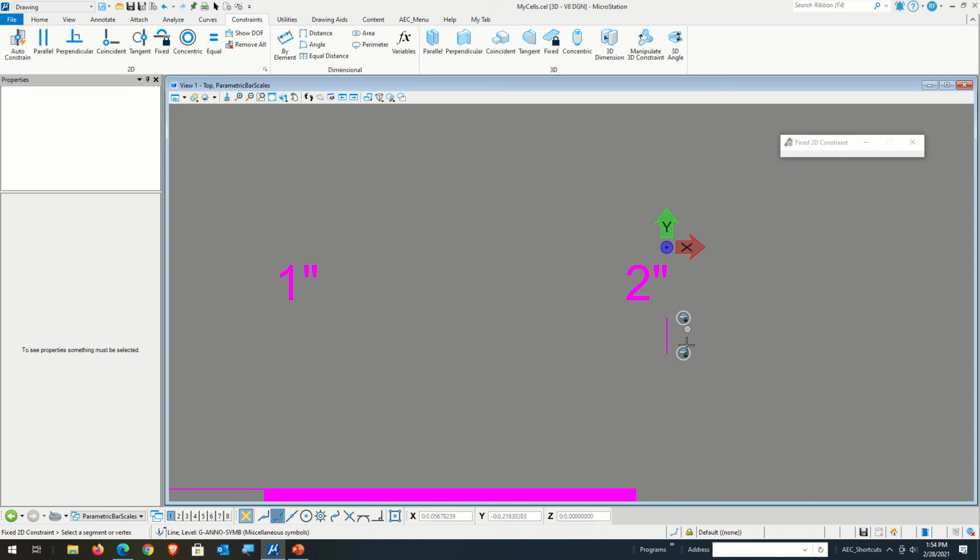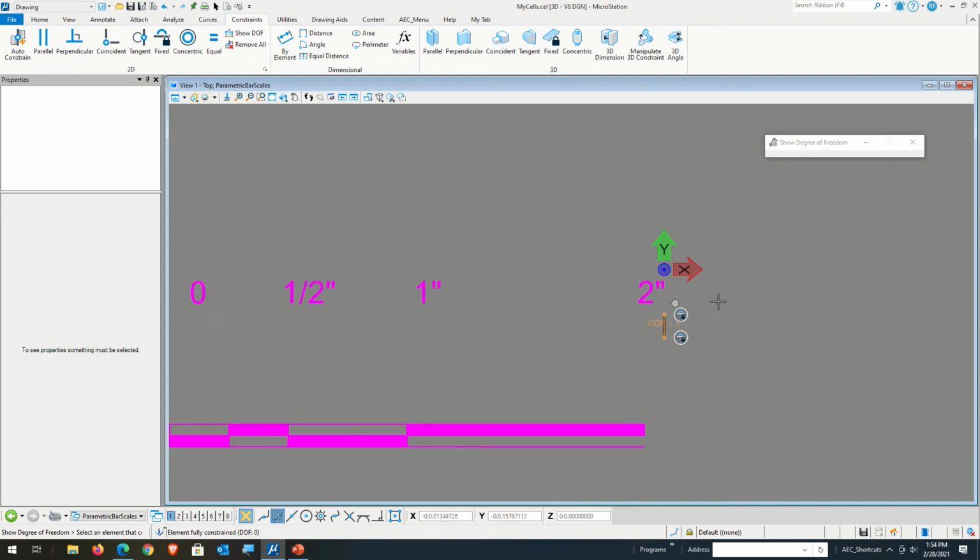And notice that it's showing a locked location here, so that those things are never going to move on me. So if I come in here and look at the degrees of freedom of this item, notice that it says 0. That means that item cannot move. So now I got to start affixing everything to this line and making sure that the degrees of freedom are